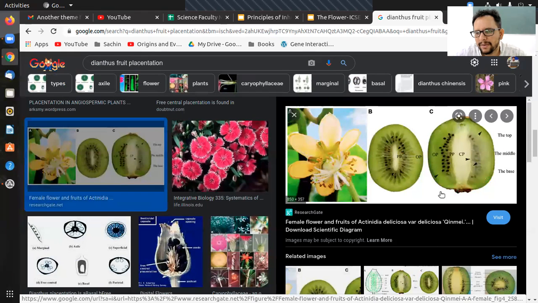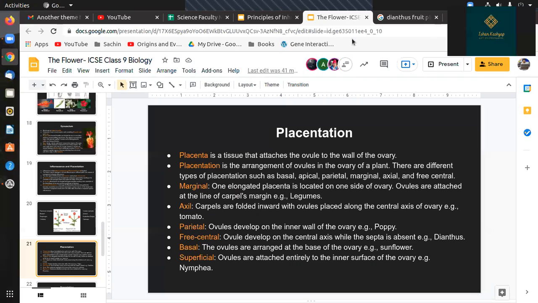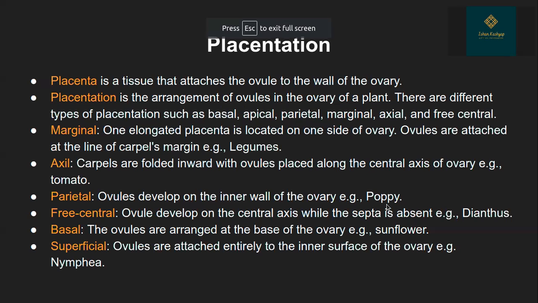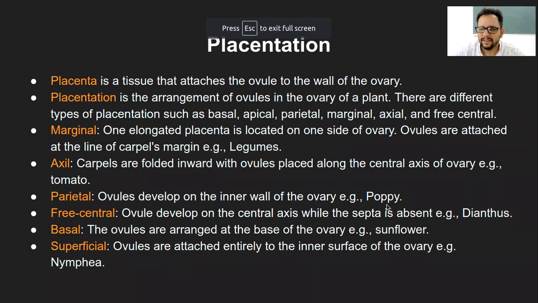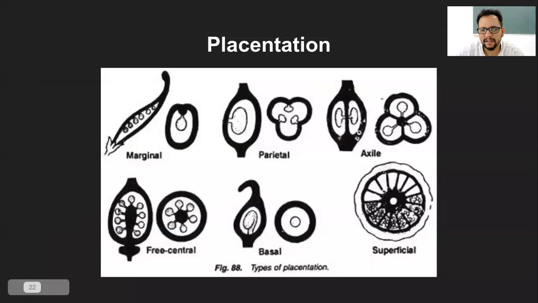This is different, but okay. I thought maybe this is a longitudinal section and that is a horizontal section. But again, the number of seeds is different. Otherwise, the arrangement would look the same, like this one. But I still doubt that, because I feel kiwi is more like axile.